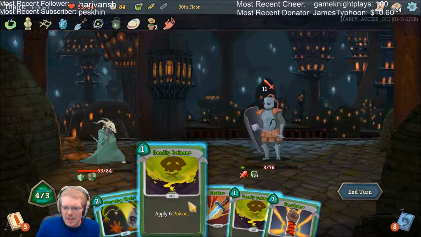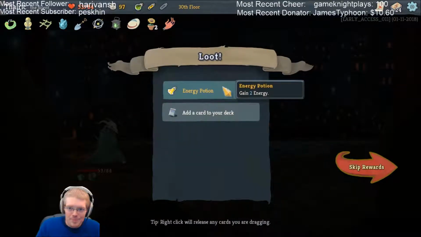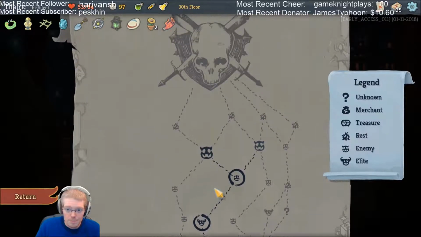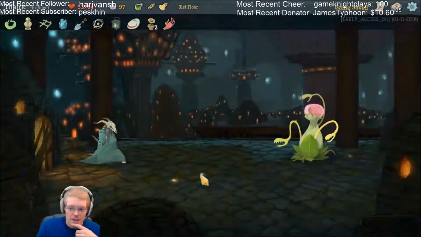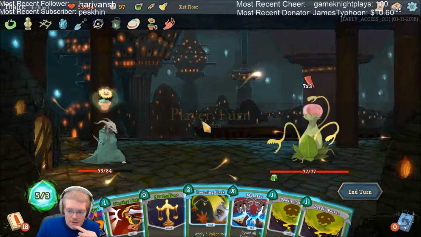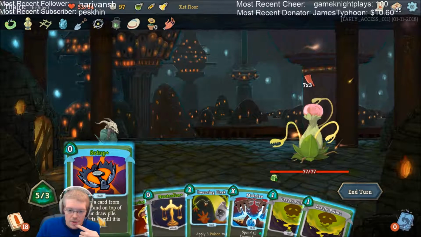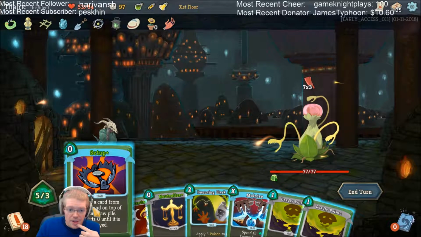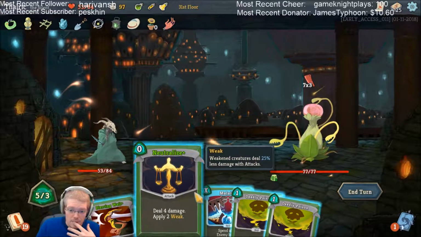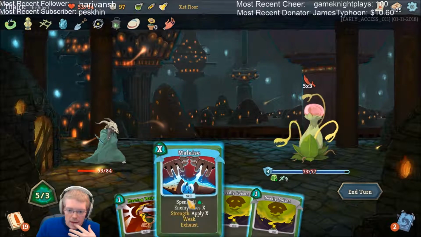How much higher can I get this poison? I really don't need to find out, I think. Let's just nuke him. Energy potion is nice, and I think a second bouncing flask could be good for us. Yeah, I love this right now. We set up the bouncing flask for next turn. We neutralize you. And then...